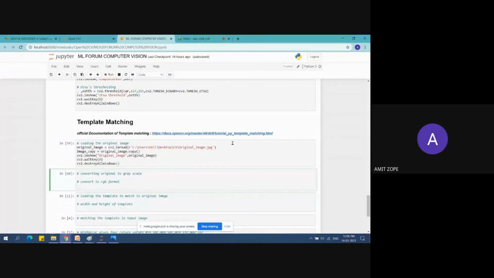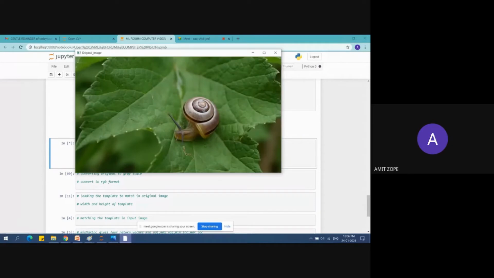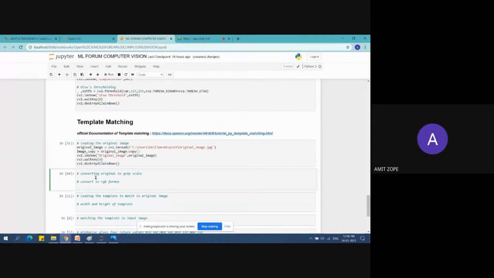First you need to convert the original image. This is the original image I have here, and first it is necessary to convert these images to grayscale. So I will convert to grayscale.